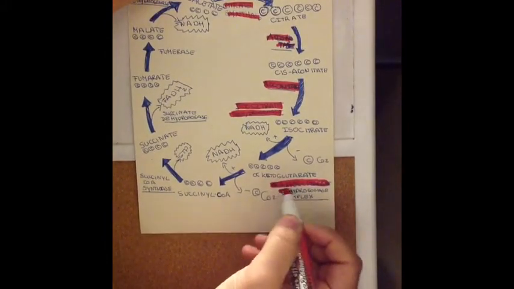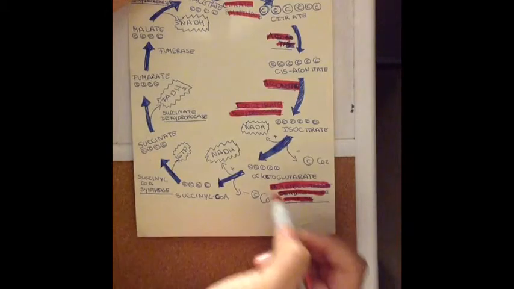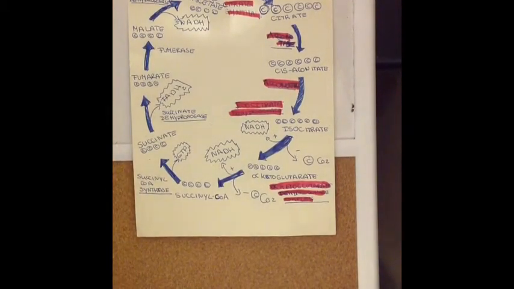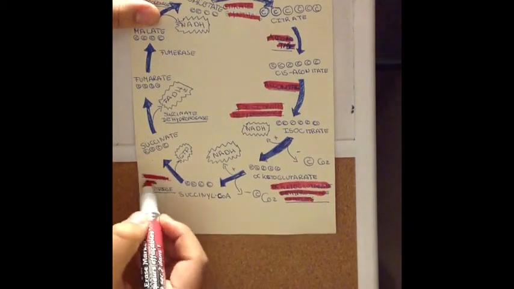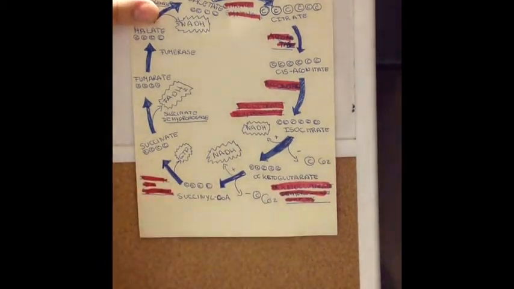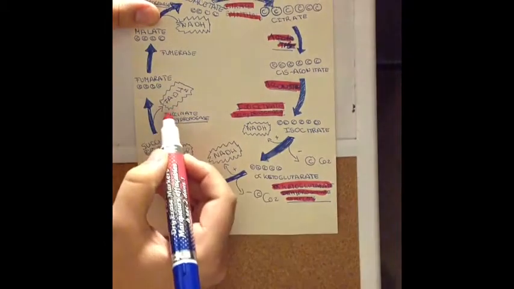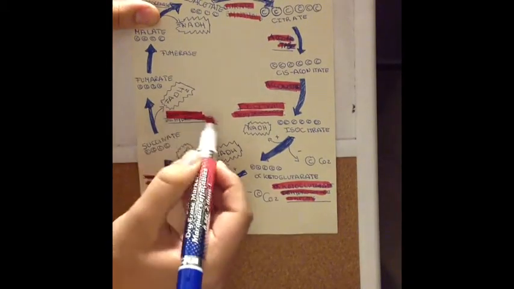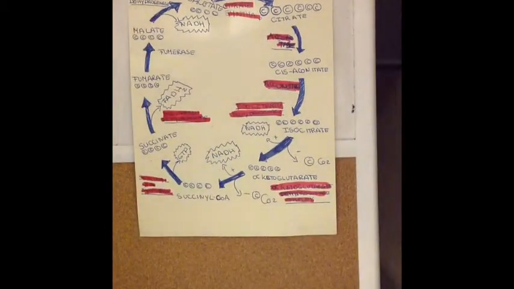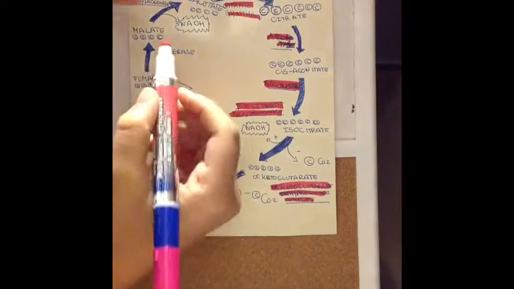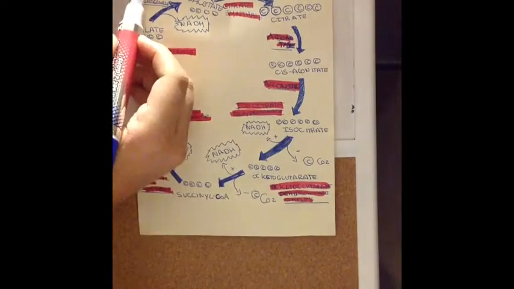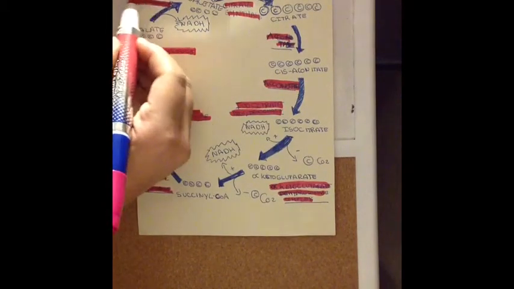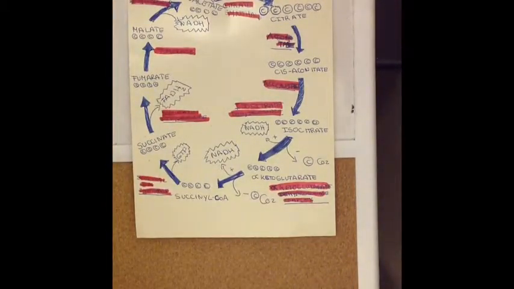Alpha-ketoglutarate dehydrogenase then turns alpha-ketoglutarate into succinyl-CoA. This produces another NADH and another CO2. Succinyl-CoA synthase then turns succinyl-CoA into succinate. This produces GTP. Succinate dehydrogenase makes fumarate from succinate, releasing the only FADH2 in the cycle. Fumarate then gets turned into malate using fumarase. In the last step, malate is reoxidized to yield oxaloacetate, which can be used in another cycle. The oxidation produces the 3rd and final